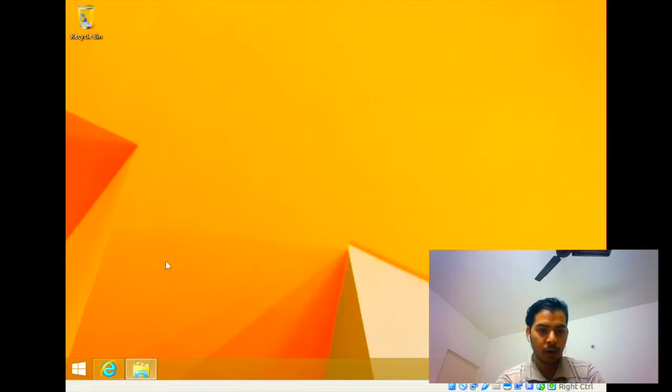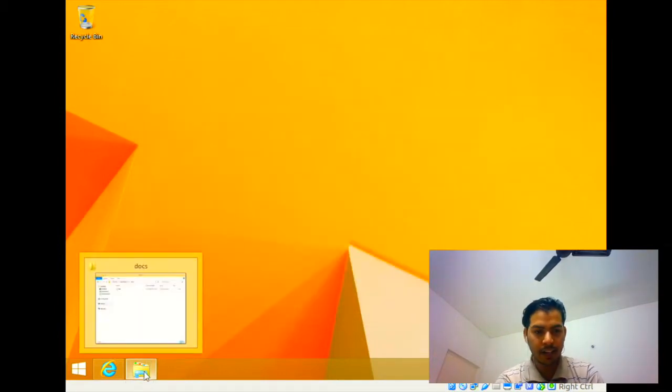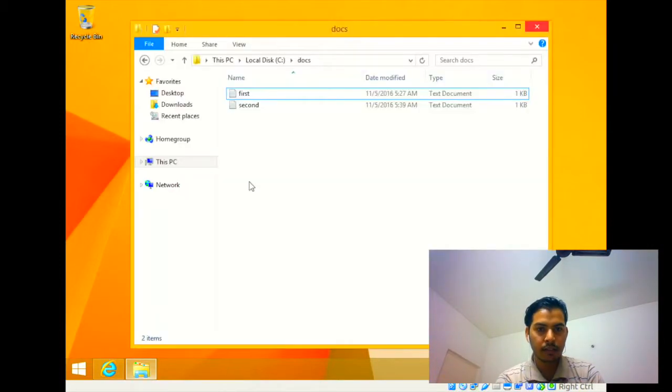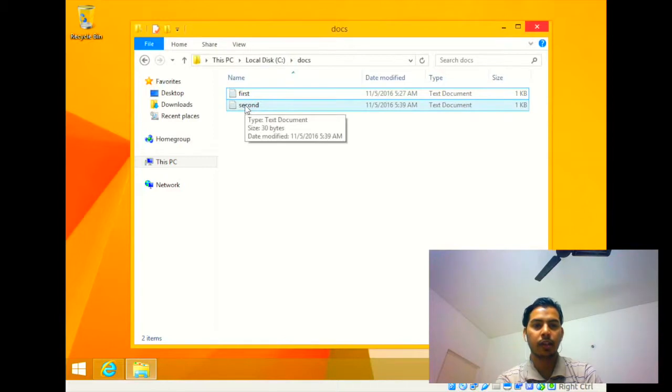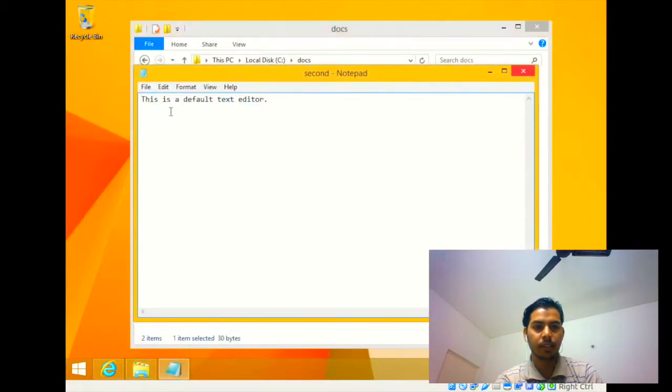Okay, now let's get back to that file again. Go to File Explorer, and as you can see that this file is already present now. Now you can double click on it, and bam, you can get to the text which you have saved, right? So that is all about how you can use the default text editor to write programs and save those